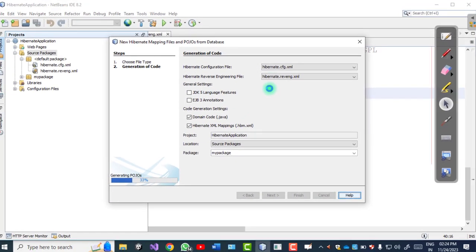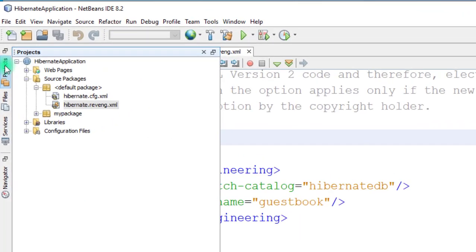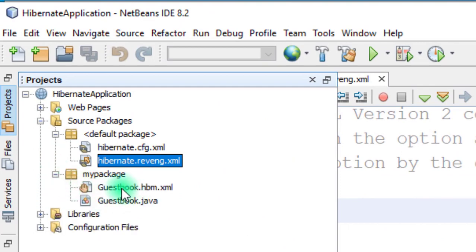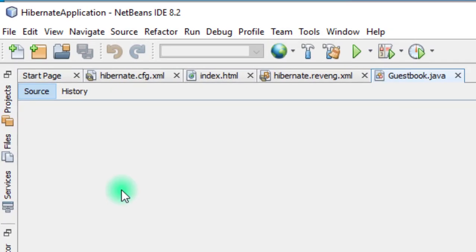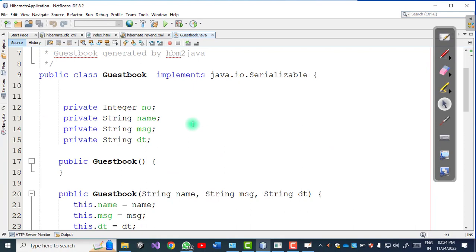When we create this mapping file, in my package the package is created with the name mypackage. Here just see, we have this guestbook.hbm Hibernate mapping file, and along with this file we also have guestbook.java. Here we will see the actual mapping class used by Hibernate.